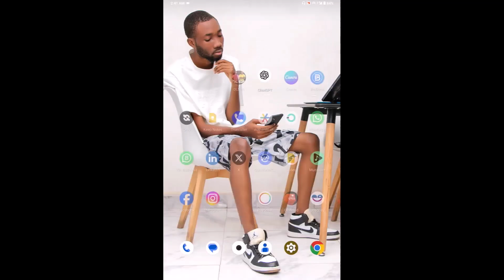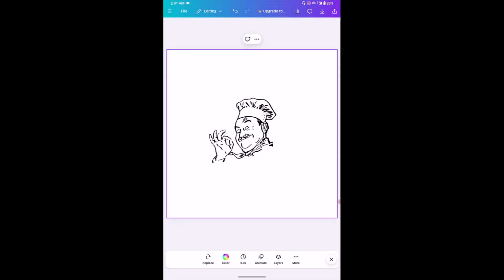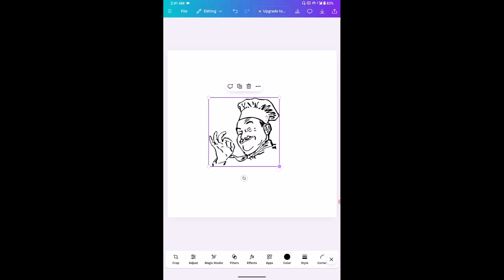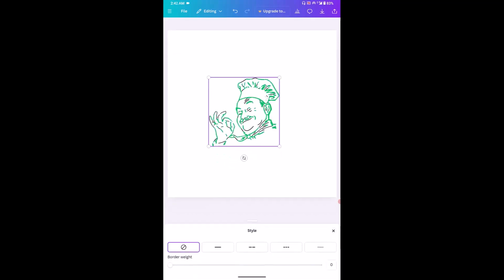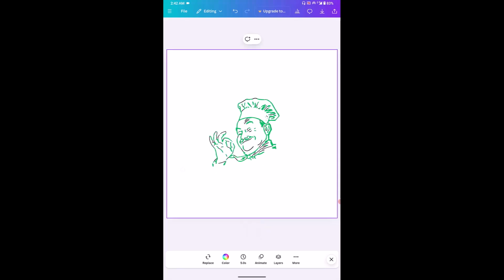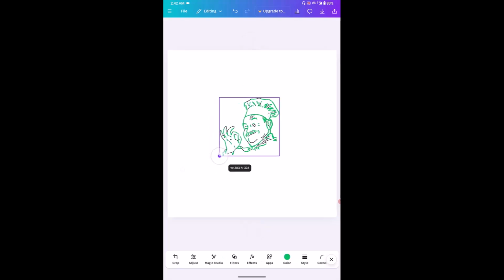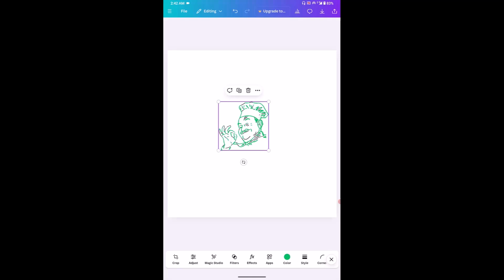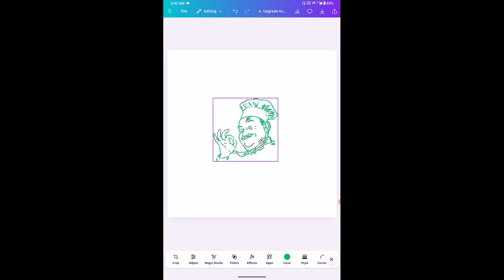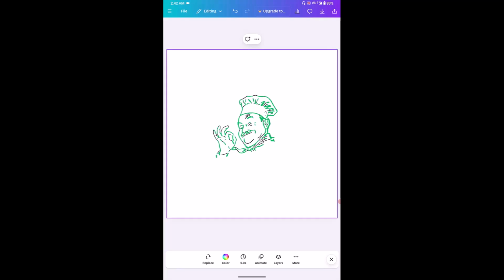So let's look for the brand name. Of course, the brand name is Tasty Tales. So coming back here, I'll just add something to make it look more genuine. So this would be a red color. I would have preferred it to be a red color, or I should make it a green color. This will be a green color, and we have the style. Yes, it's going to be a green color, and it's not looking bad right now. So it's going to be a green color this way, and we're going to